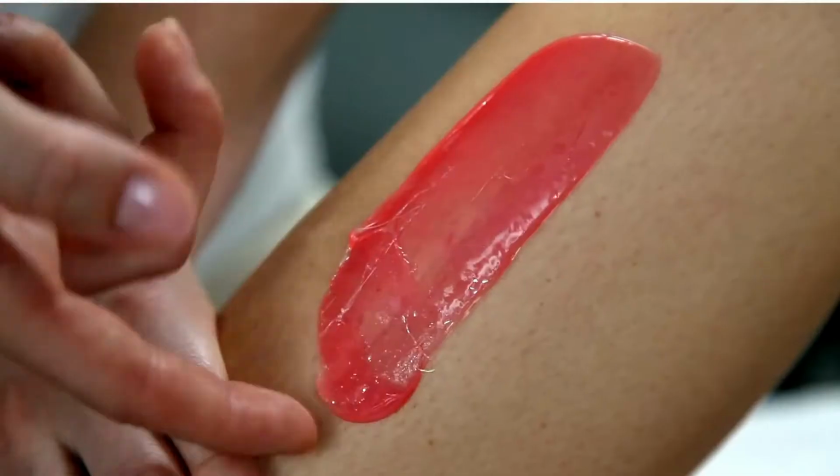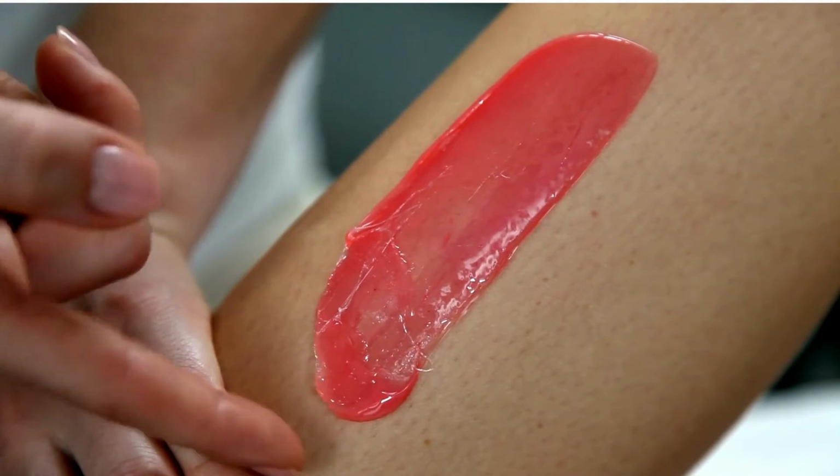Pwede rin nating iwasan yung mga caffeine or alcohol na common causes ng ating pagka-dehydrate, kasi itong mga drinks na to is said na nagko-cause siya ng dehydration sa balat. So the more na dehydrated yung balat natin, the more na may chances tayo na mas masakit yung